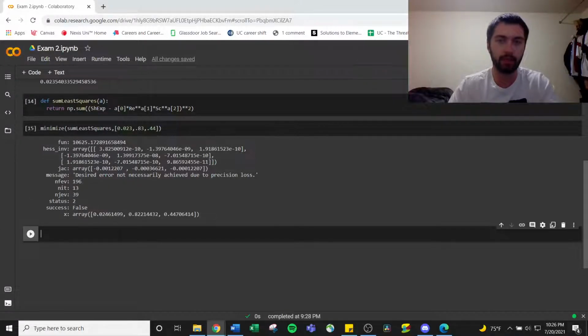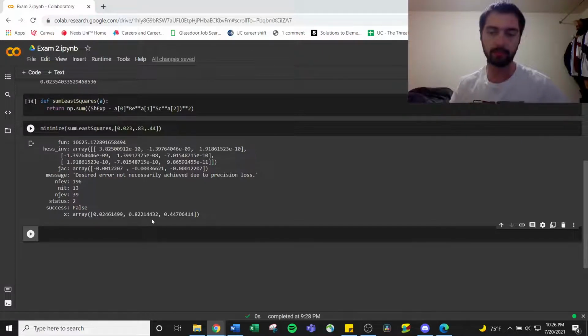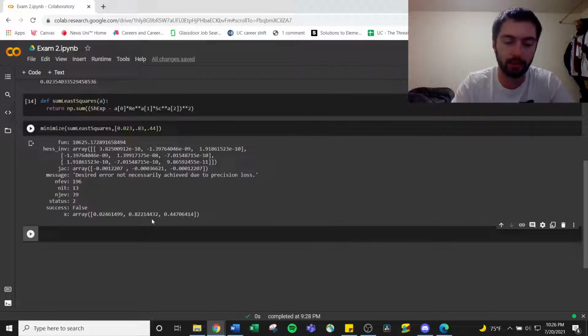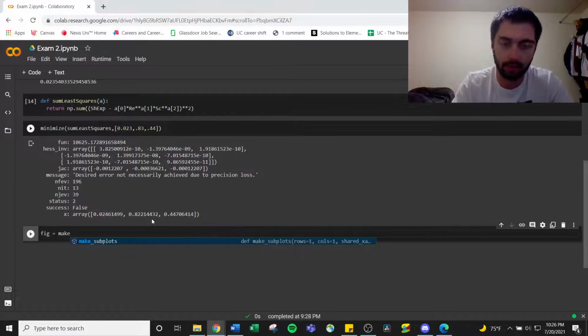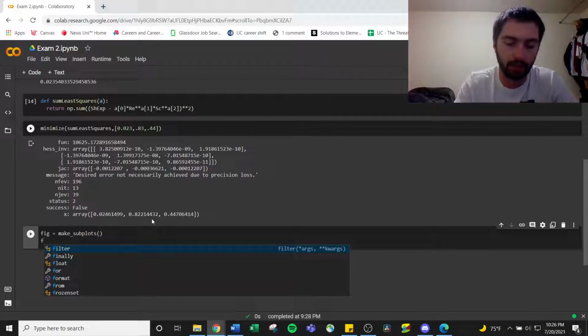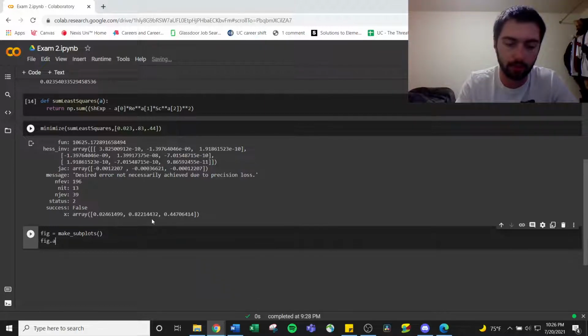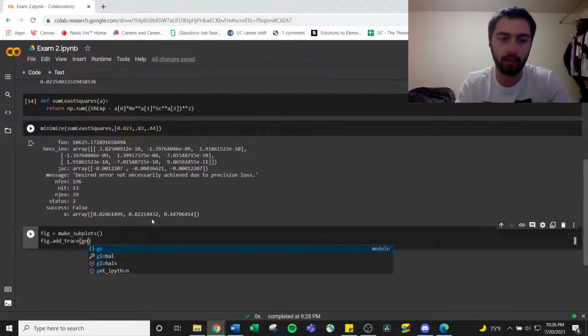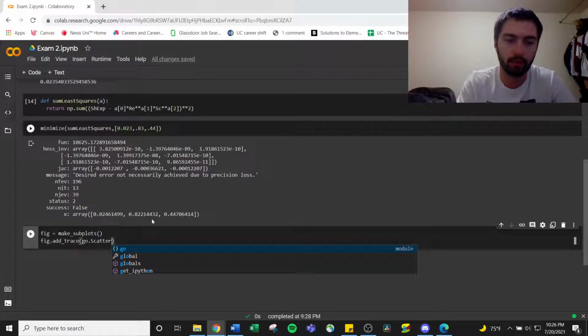Alright, so now that we made our model, it's time for us to plot our data so we can look at it visually. So what we're going to do first is make a figure that is going to let us plot. And next we want to add to that figure, so let's add trace. And since we have three dimensionless numbers, we're going to have a three-dimensional graph. So scatter 3D